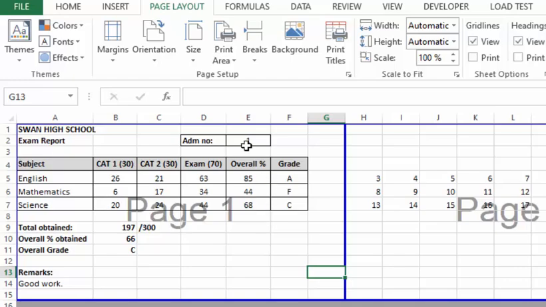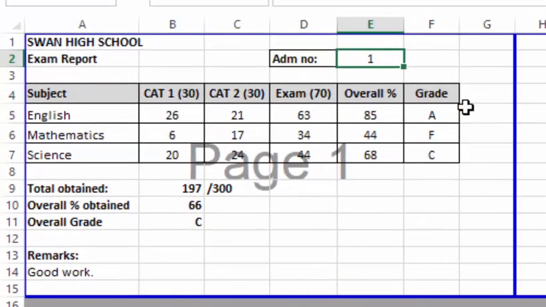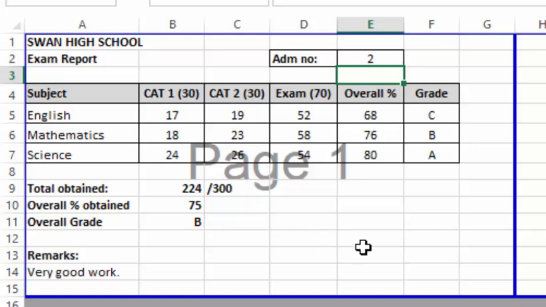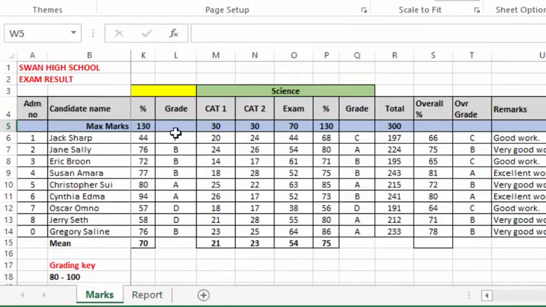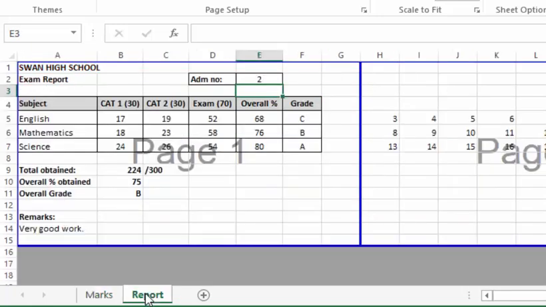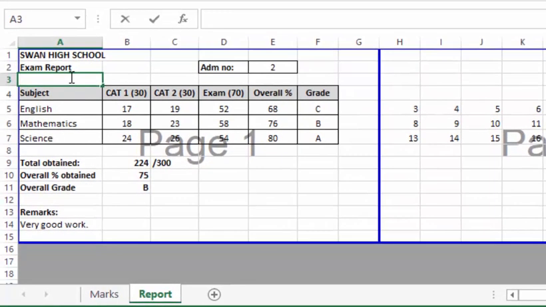If I put here 2, press enter, you can see the information has changed, but we have forgotten to put somebody's name. So let us go back and put somebody's name. Here, let me just put it here. I just write your name, name of the student, of course,